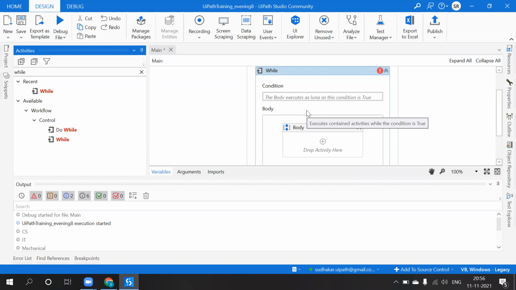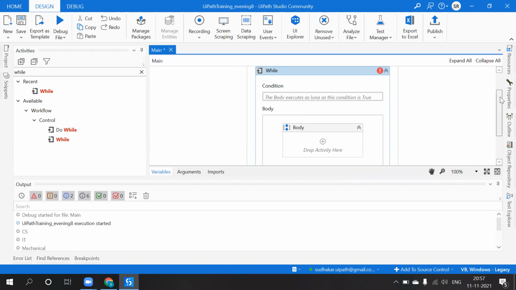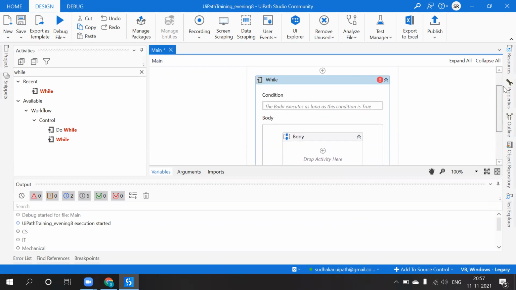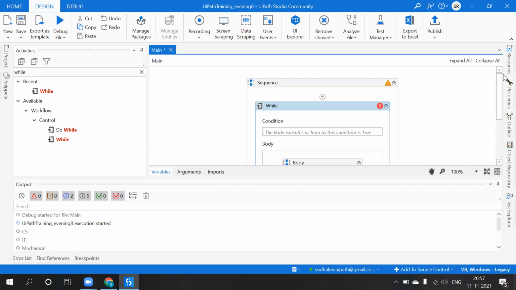So what the while does, first it will check the condition. If the condition matches, then it will go and execute the body. So then what is the difference from if? Correct, right? If also is the same, right? If also will execute,